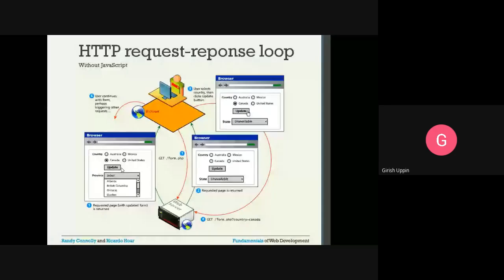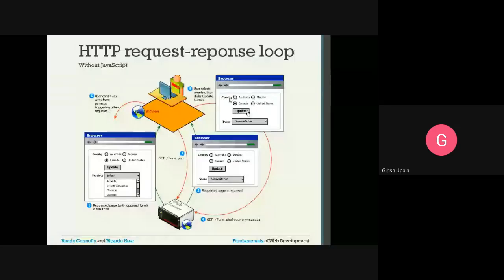So the first thing is the user will request the PHP. We get an empty form, right? If there is any default selected, we have already seen with the radio button how we can set the default values. Right now there is no default value set. We get the form like this. So the requested page is returned to the browser, and once this page is displayed, the user will enter the country. Here the user has selected Canada, and he will click on update. You can see the state is unavailable. Here also the state is unavailable.